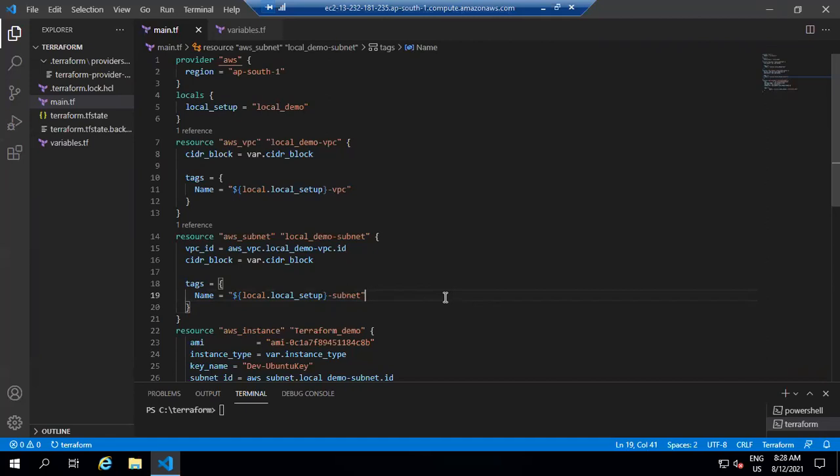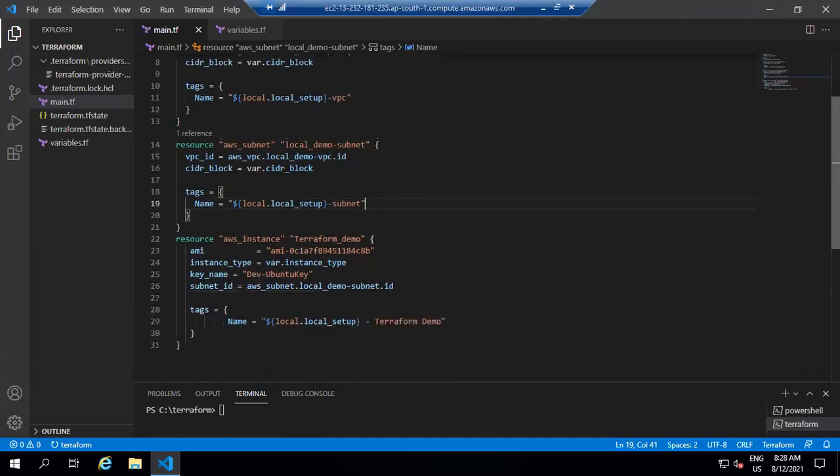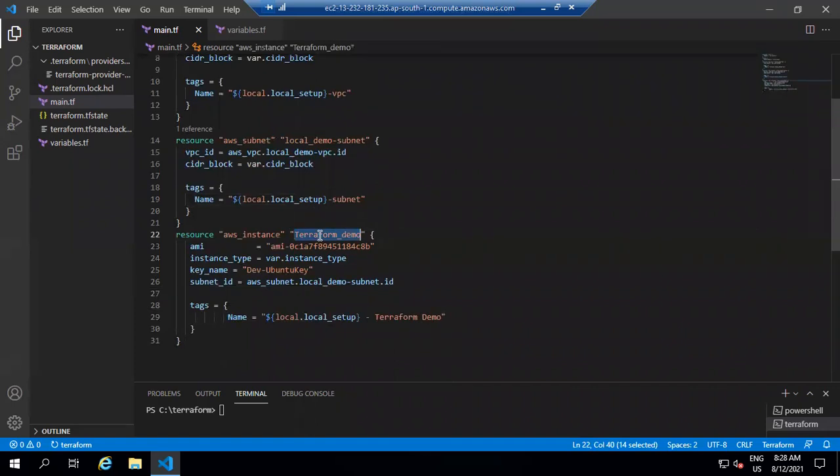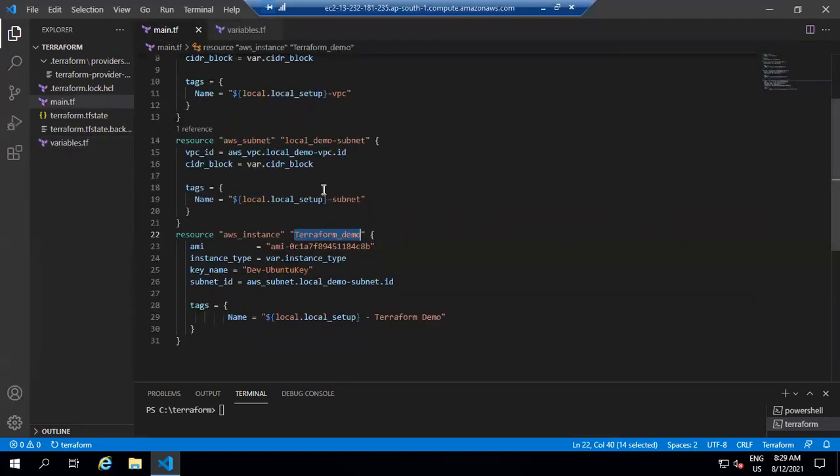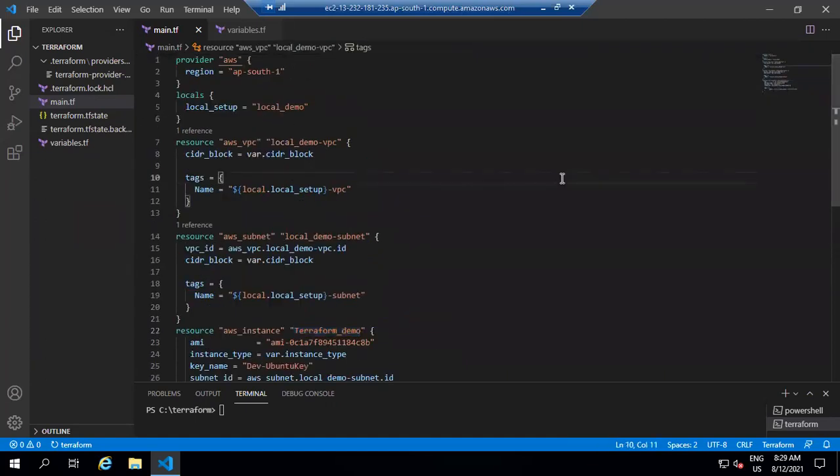So firstly, we define provider, AWS provider, same as in our previous videos. Then I create AWS instance, the name here is Terraform demo. In AWS instance, I provide AMI and instance type. And instance type I have declared in variable.tf file, which I am using t2.micro here. Then key name. Now you can see here there are two more resources. First one AWS VPC here, and second one AWS subnet.